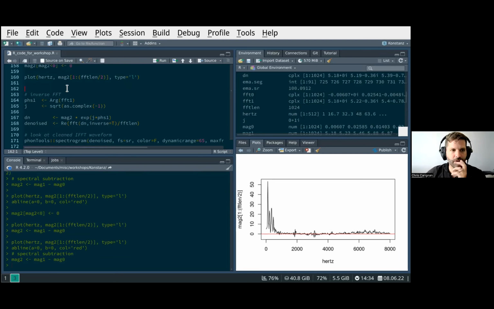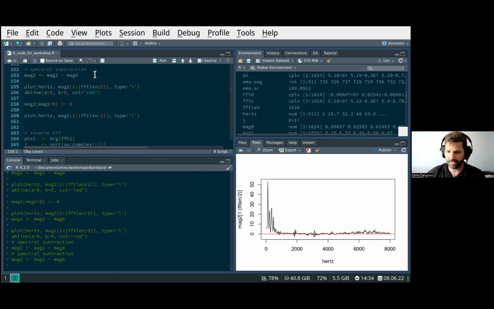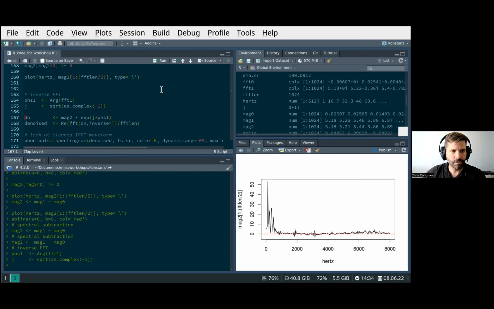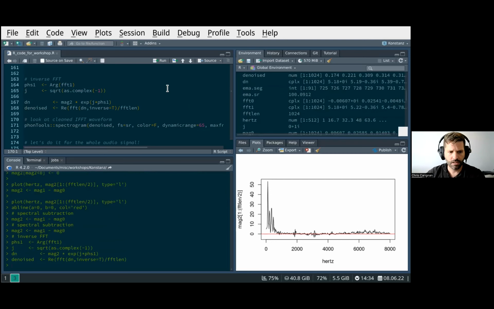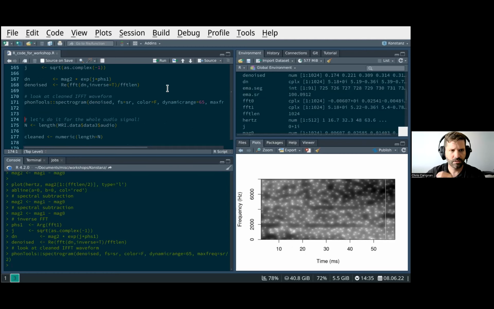Well, the thought is, hopefully this should give me an error. Here I have what I've just done, the spectral subtraction as is. Now I've got some negative values in here. And if I take our phase information, we have our complex number, and I try to make a complex series with that, oh, it doesn't give me an error. It will allow me to do it. But it's going to,